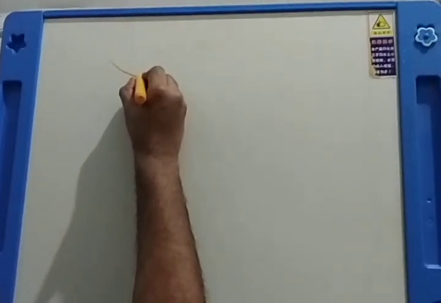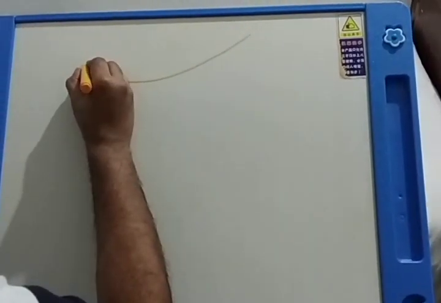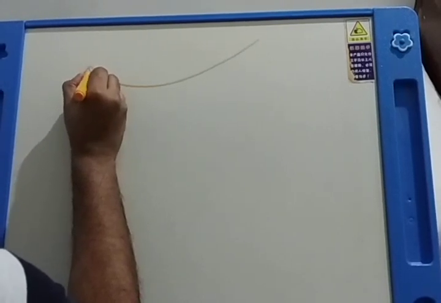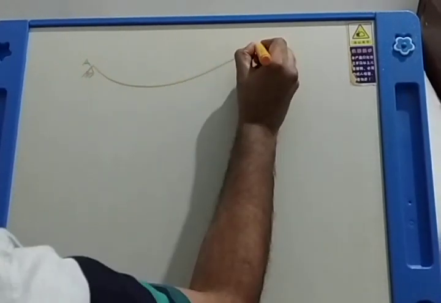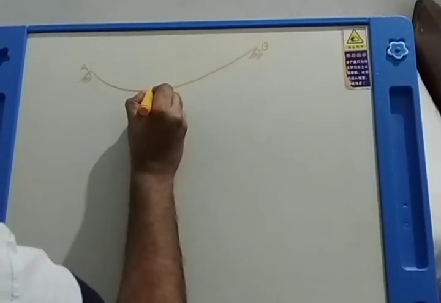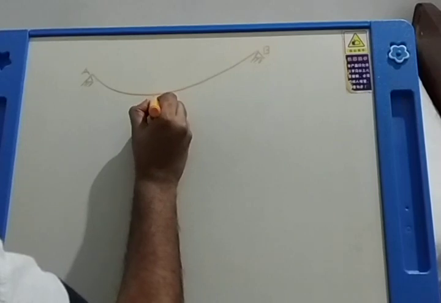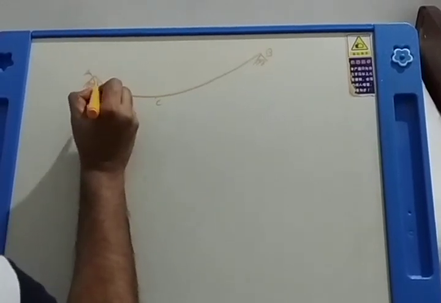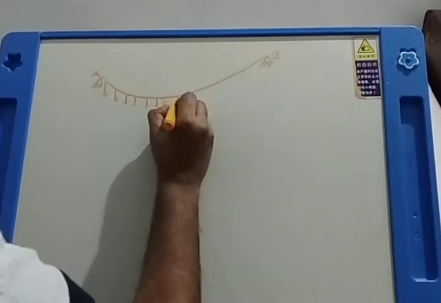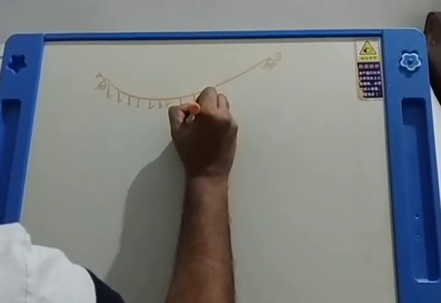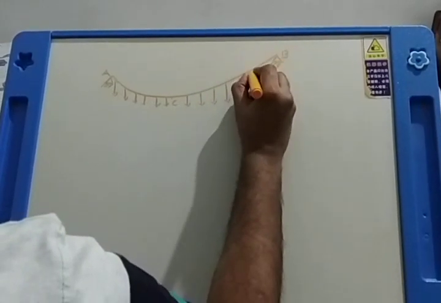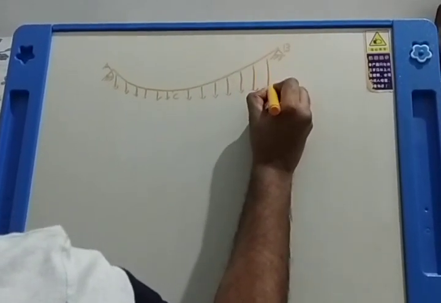You can see this is a cable, and this cable has a support here like this. That is the left support, I call this A, and this is the right support, I call this B. Let us quickly do that. And this is the lowest point of the cable, C, and this cable is again subjected to UDL. You can expect such questions in the examination. Many times such questions are asked to find out maximum tension and minimum tension in the cable.